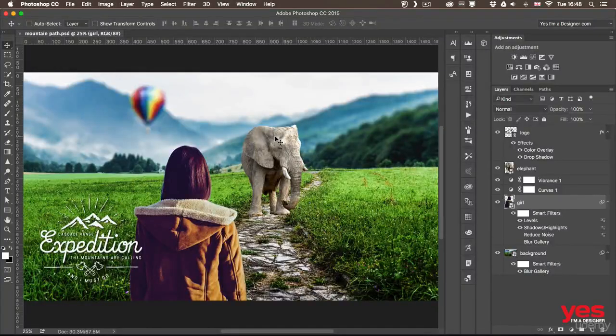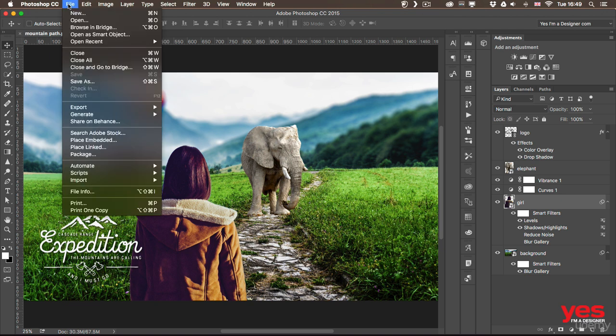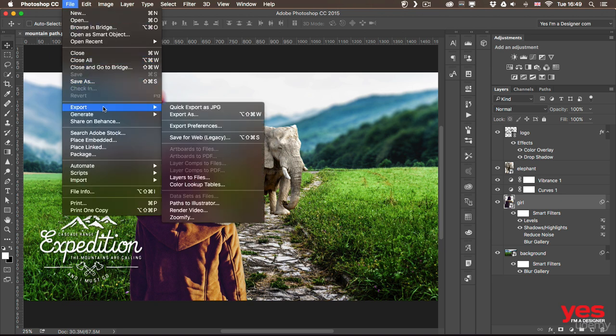In the previous video, we had a look at how to create a print-ready PDF from our work, but now we are going to see how to save it for web use. In Creative Cloud, we have a new option called Export As, which you can find under the File menu, Export,